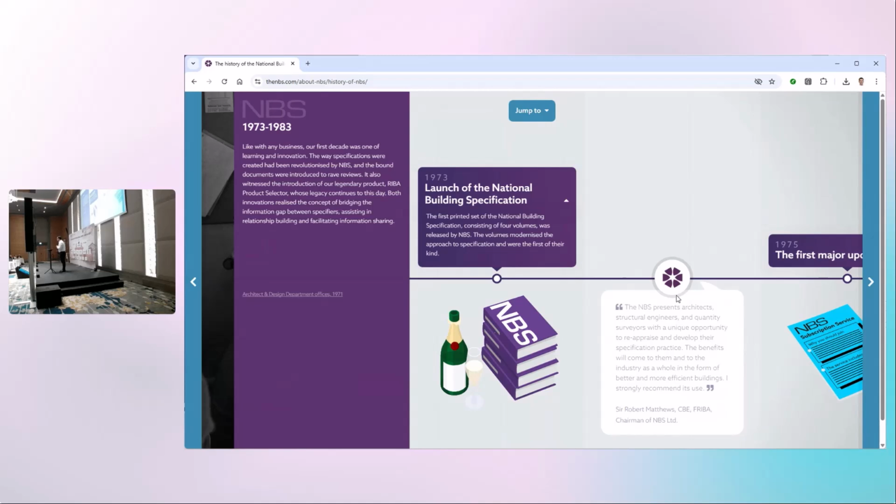And what I mean by collaborations, they have one tool called NBS Source. Within NBS Source, architects are doing the specifications. So when you are doing the design within NBS Source, you have access to the product catalogs and all the products from about 1,000 manufacturers. And when you want to do the specification, you drag and drop the models from NBS Source into your Revit models or any other authoring tools that you are using.